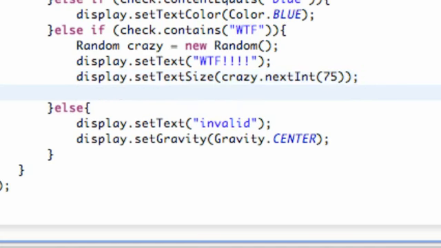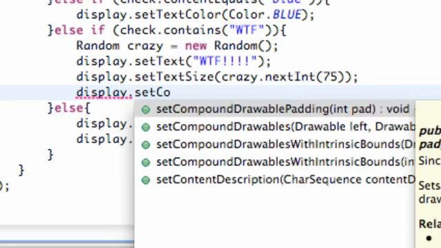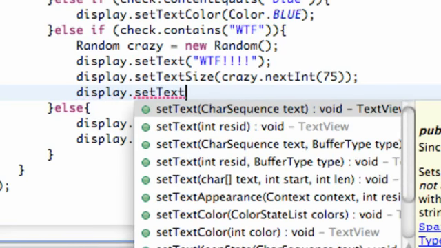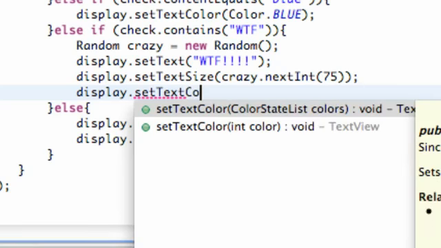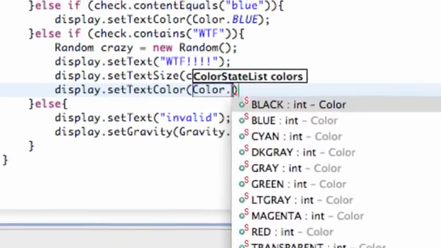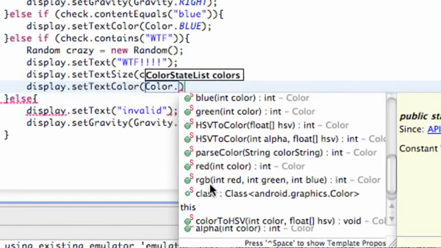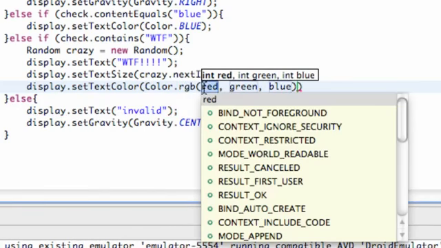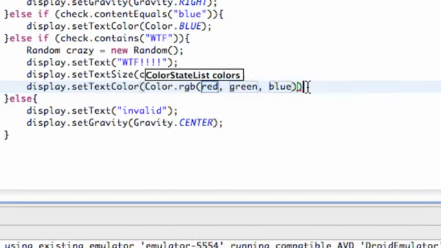Then we can also do display, just to review and show you guys how you can use the random, and get familiar with it. So we're going to say set text color, and within here we're going to refer to the Color class, hit dot, and this time use this RGB down here. As you can see, it takes a red, a green, and a blue. If you're familiar with Photoshop, or working with colors on computers, you know that you can have a value up to 265 or 266, something like that, for each of these, and it's going to mix the red, the green, and the blue together to get your desired color.